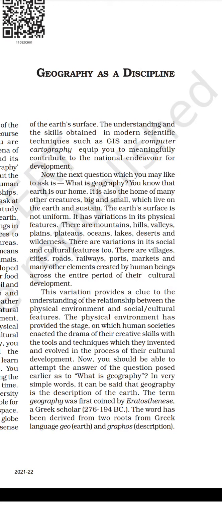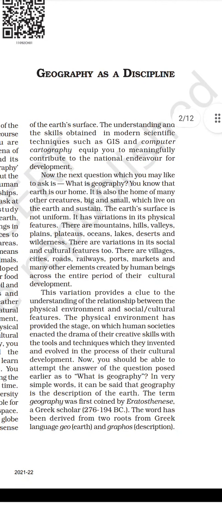You know that Earth is our home. It is also the home of many other creatures, big and small, which live on the earth and sustain. The Earth's surface is not uniform. It has variations in its physical features. There are mountains, hills, valleys, plains, plateaus, oceans, lakes, deserts, and wilderness. There are variations in its social and cultural features too. There are villages, cities, roads, railways, ports, markets, and many other elements created by human beings across the entire period